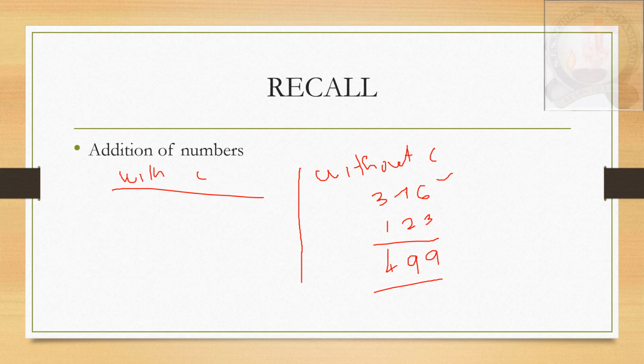Next we'll see with carrying. For example, 797 and 486. If you add these two numbers, 7 plus 6 is 13. For 13 you write 3, and 1 carry. In the 13 there are 3 ones and 1 ten. There are already 9 tens and 8 tens. So these 3 ones should be written in the ones place, and the 1 ten should be added to the tens place. This is the reason we should carry, children.